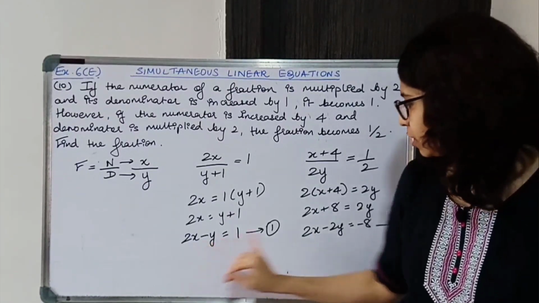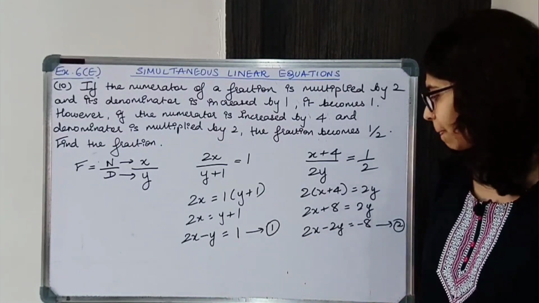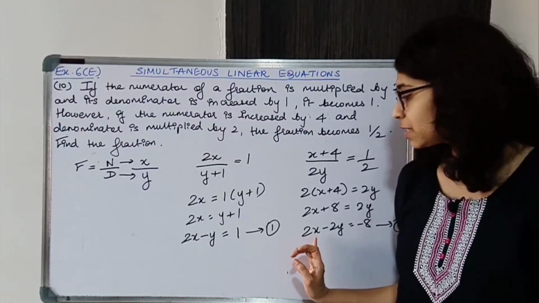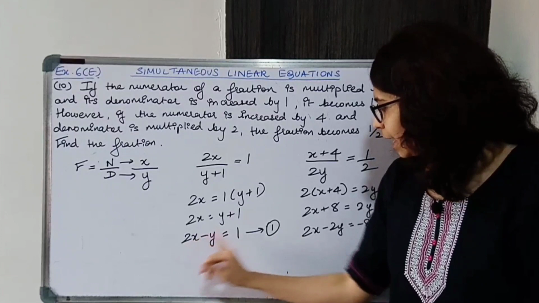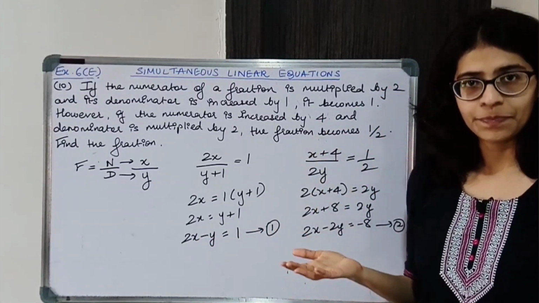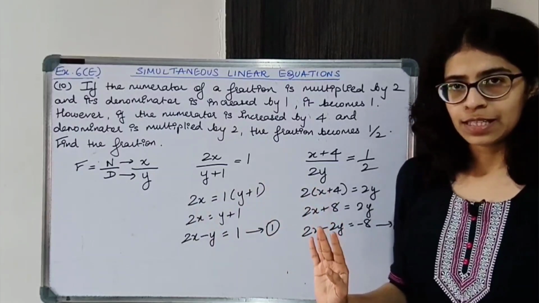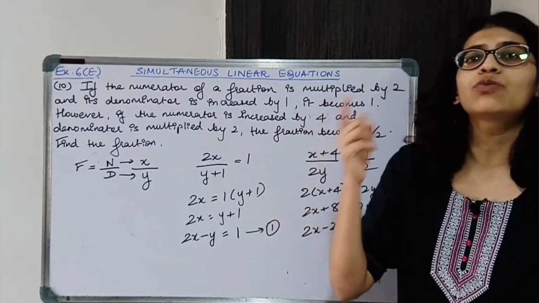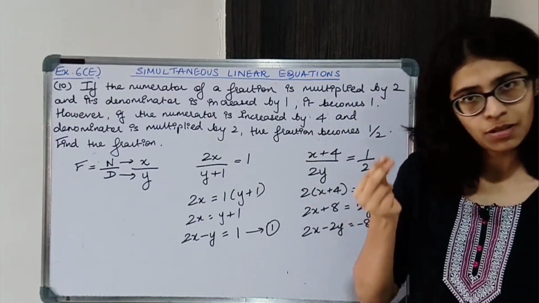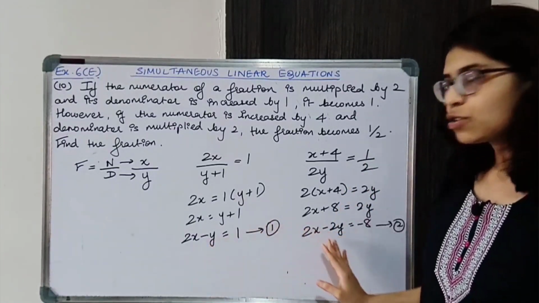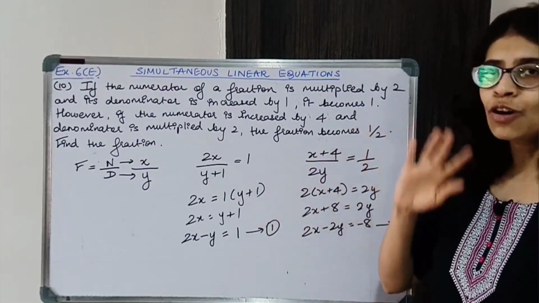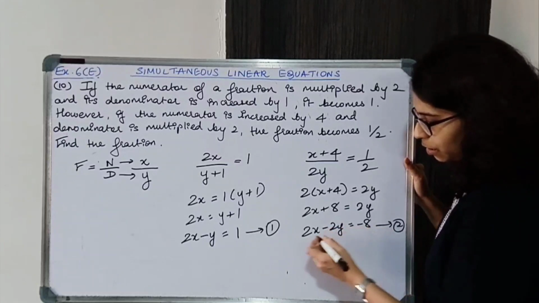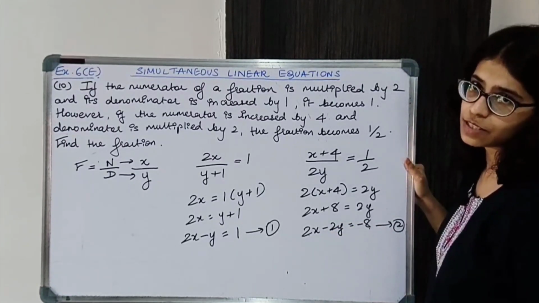Over here, if you notice, x का coefficient already same है, okay. You have 2x, you have 2x, signs are same because this is plus 2x, this is plus 2x, so signs are same, so in same signs you subtract the two equations, okay. So you can subtract these two equations. Another way that I will not tell you to solve by that way, that is इसको reduce कर दो, ठीक है, इसको reduce कर सकते हैं हम लोग. This is divisible by 2, this is divisible by 2, this is divisible by 2.